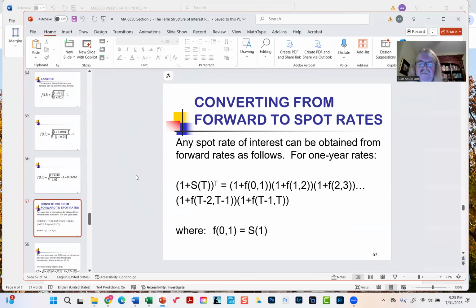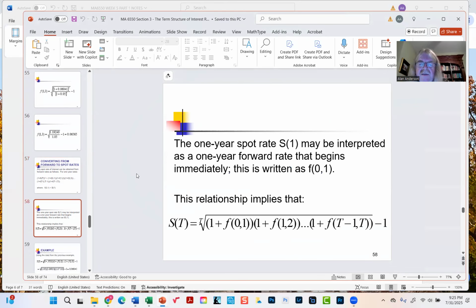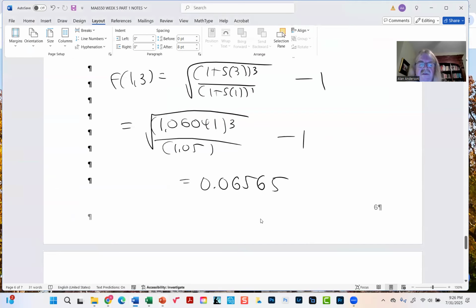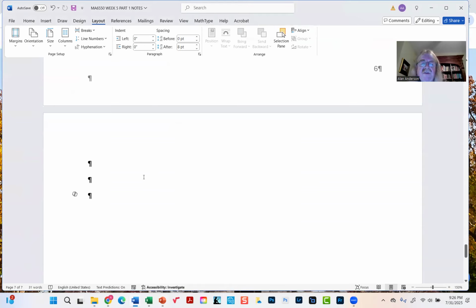Now you can calculate a spot rate directly from forward rates. In other words, you can calculate, obviously, forward rates from spot rates. But if there's some reason why you need to do the opposite, this is how it would be done. It's actually a sequence of forward rates. Each spot rate can be thought of as a sequence of forward rates. Just so, for example,